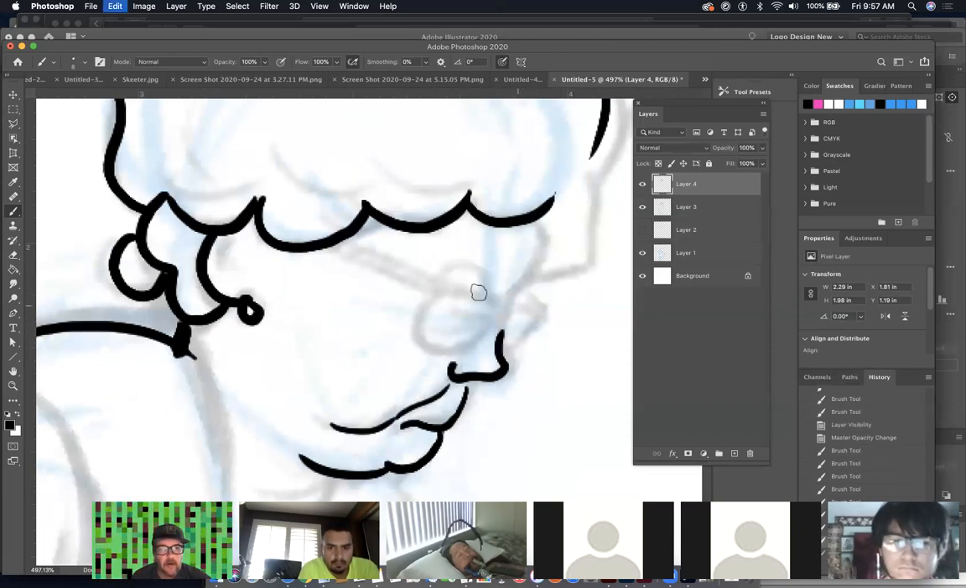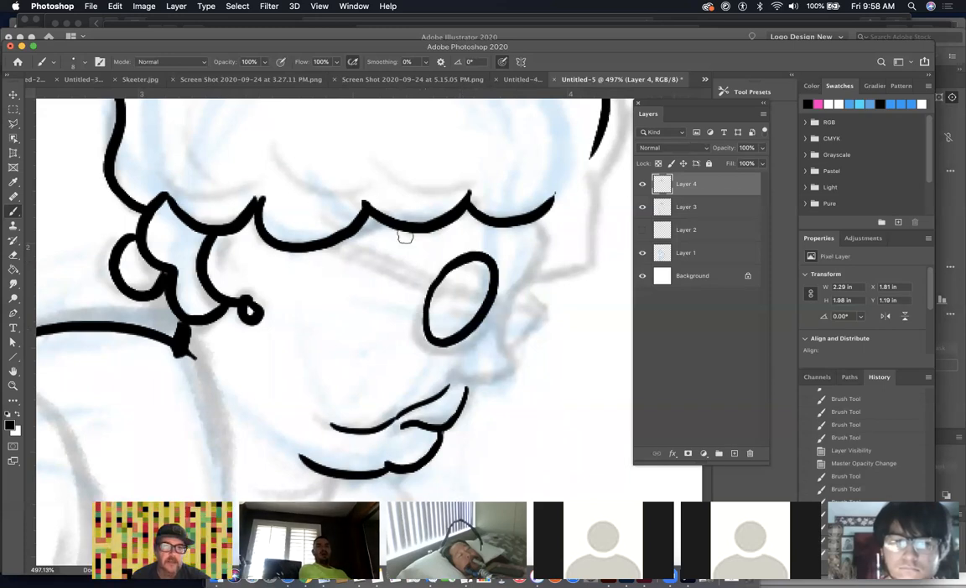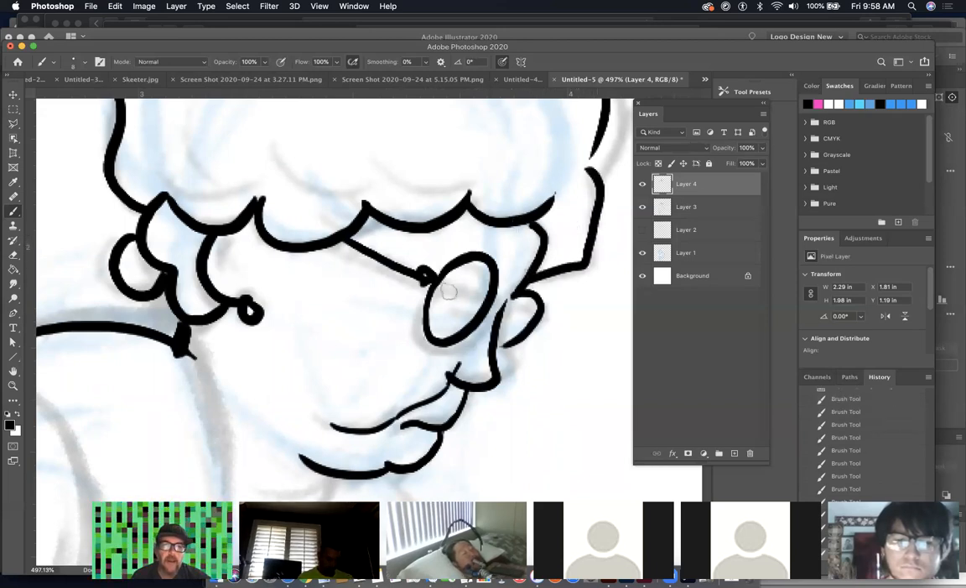So as I press harder, I get a thicker mark. When I let go, it gets thinner. That gives me a more realistic, natural hand-drawn quality because it has those thicks and thins embedded within the design. And then once I've got to the point where I've inked the thing,